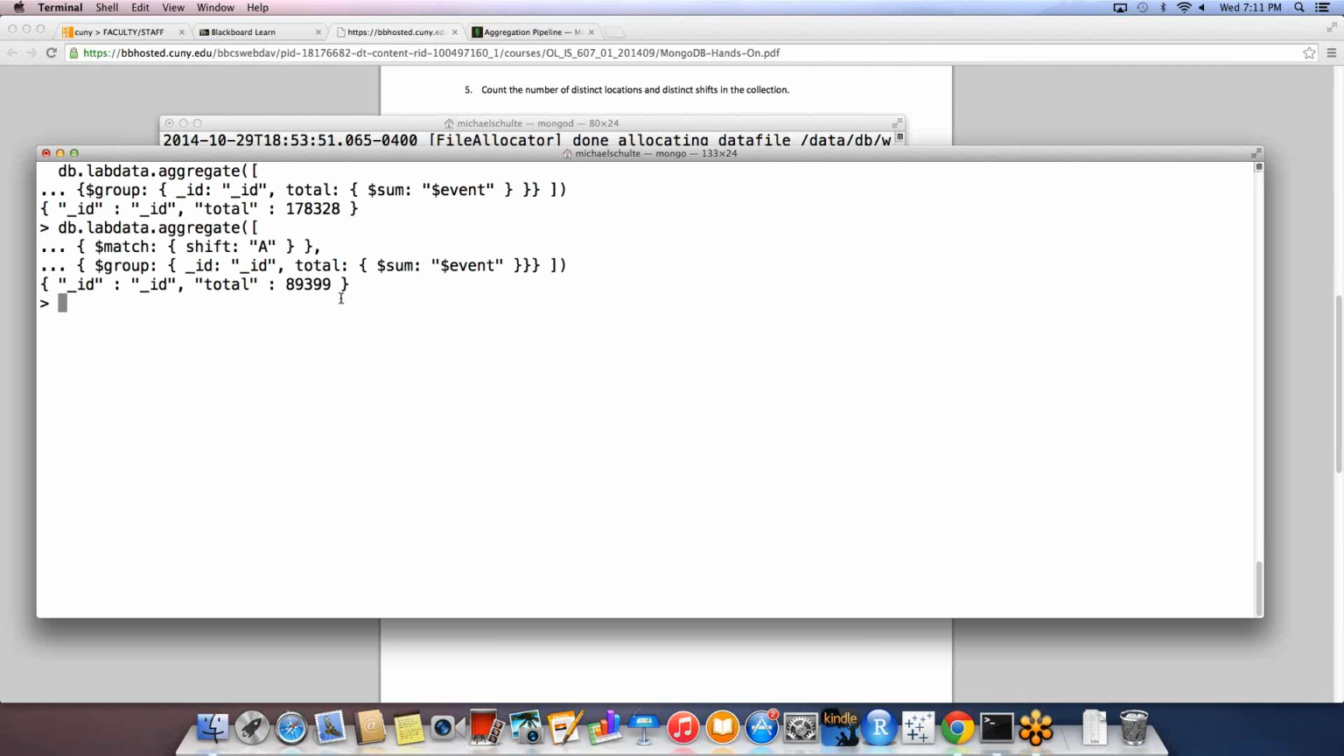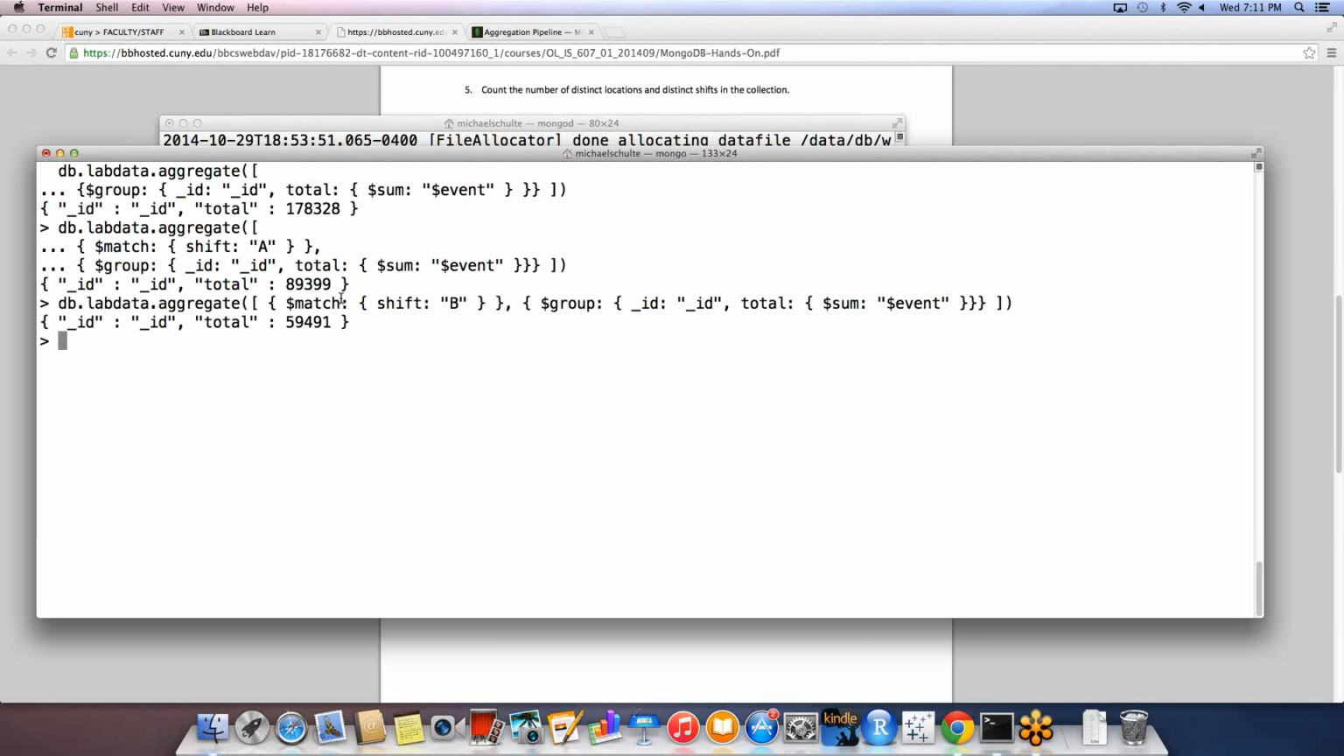Okay, so that would show, and I could do this again, and if I hit the up arrow, it puts the line of code that I used previously. So if I want to now get the B shift, I can just hit the up arrow, go back, change A to B, and run it again, and we'll see the B shift has about 60,000 events, 59,491. And then I could do the same for C. But if I want all 3 of them, now what I'll do instead